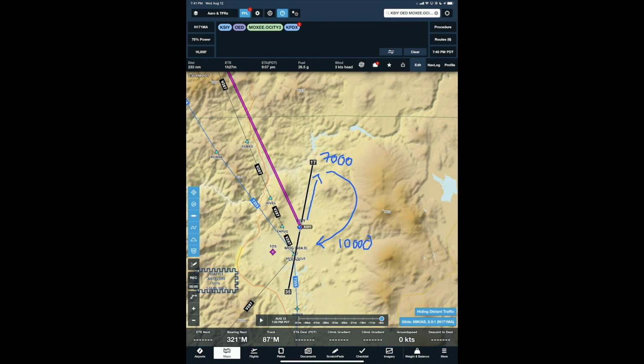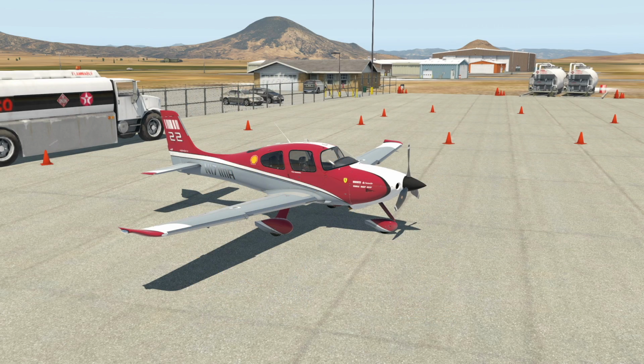Now we're going to fly this obstacle departure procedure until we get radar contact from the center controller, and at some point he'll start giving us vectors once we're above the minimum vector altitude, and then we'll be on our way. All right, with that all done, it's finally time to fly this flight and see how that fuel calculation